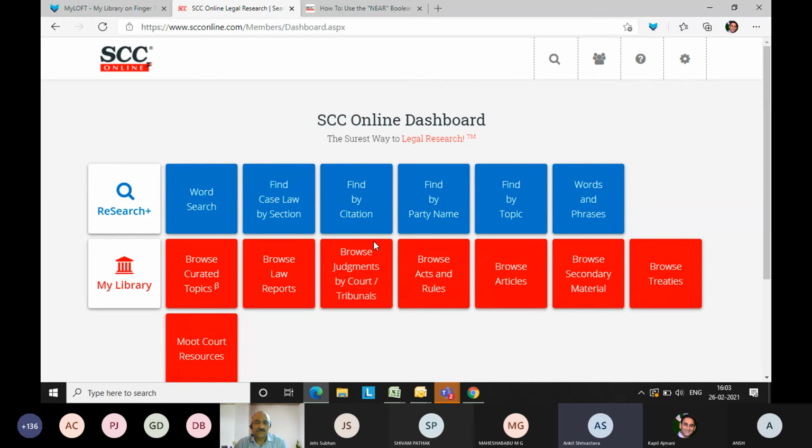So thank you for showing us not only the elementary things of SCC Online, but also all the functions which will help the students. Thank you so much, Rajesh sir and Kapil sir, despite the technical glitches we faced towards the beginning. It was a very nice session, and some of the students also texted me saying they were very thankful that we organized this workshop. Thank you so much, sir.